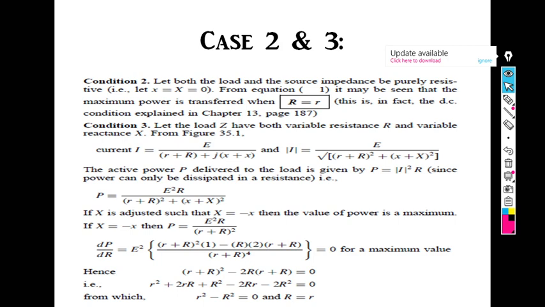First you have to vary the reactance in such a way that load reactance is equal to source reactance with opposite sign, that means load reactance should be minus. So you have to vary in such a way that this part we can make 0. If we can make it 0, then if I vary this resistance such that R is equal to r, we can say that maximum power will be transferred.